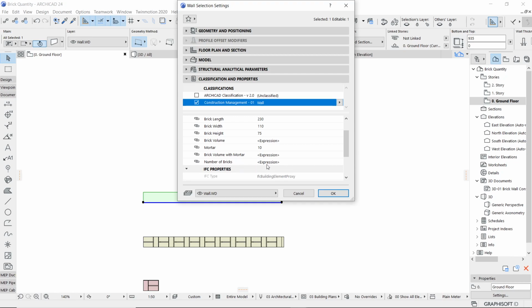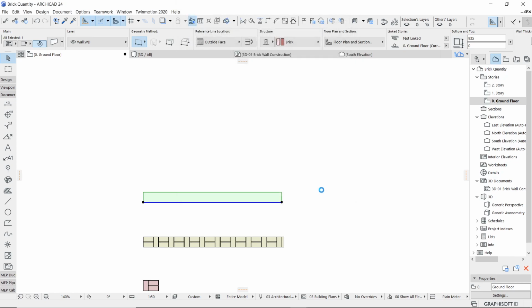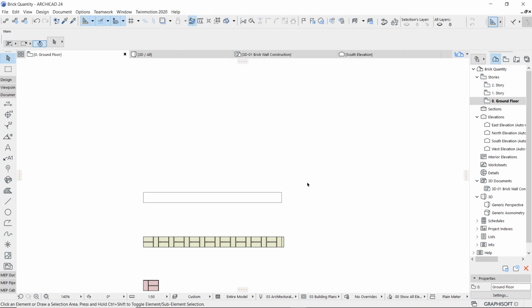This is also an expression. So all these properties you have designed, you can now extract them in various formats. So let's see. I'll say okay for this. Now the work is done for applying the classification and property for this wall.